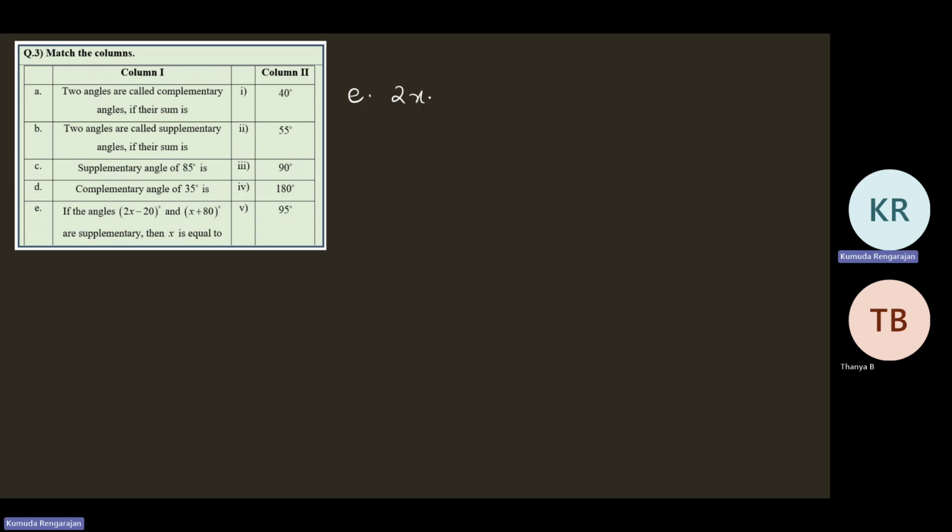So 2x minus 20 plus x plus 80 is equal to 180 degrees. The sum of these two expressions will be equal to 180 degrees because